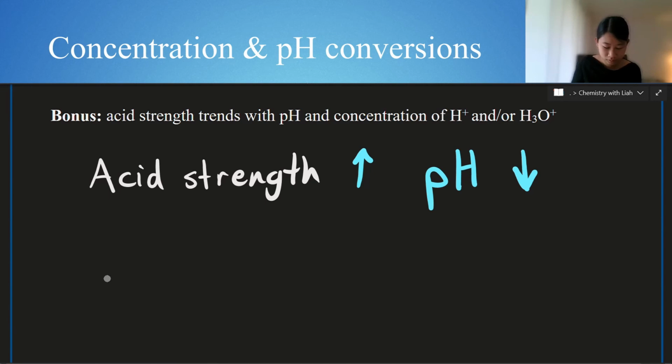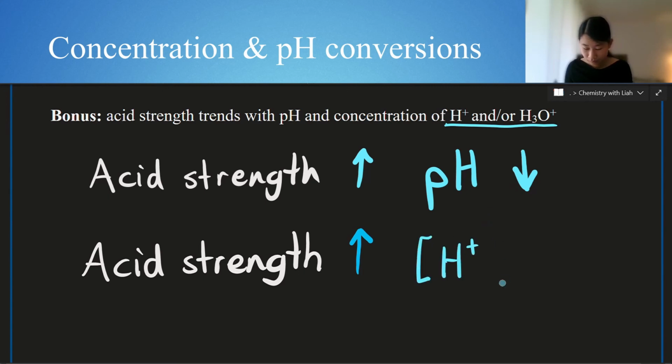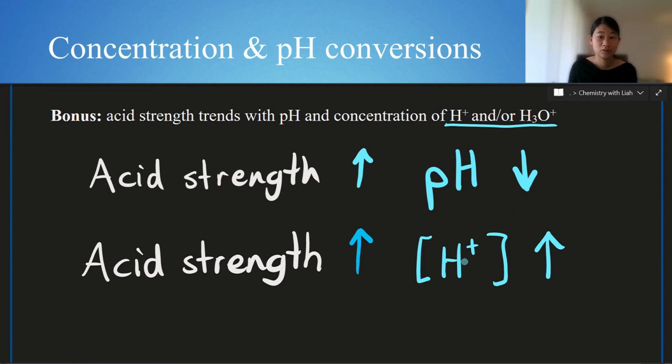Now, what is the trend with acid strength and concentration? So what is going to happen when acid strength increases? What is the concentration going to do? Well, the concentration of the H+ or H3O+ ions, okay, so I put this in brackets, is going to increase as well. So a higher concentration of these ions is going to tell you that you have a stronger acid. Which makes sense, because according to the Arrhenius definition, an acid will contribute hydronium ions, or H3O+ ions,